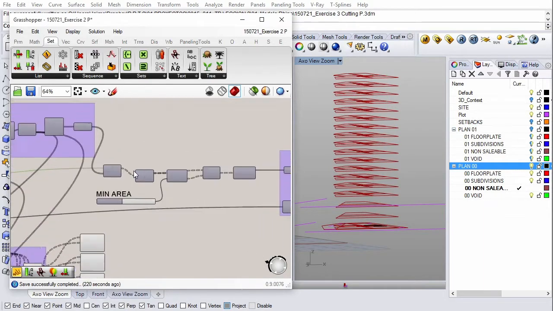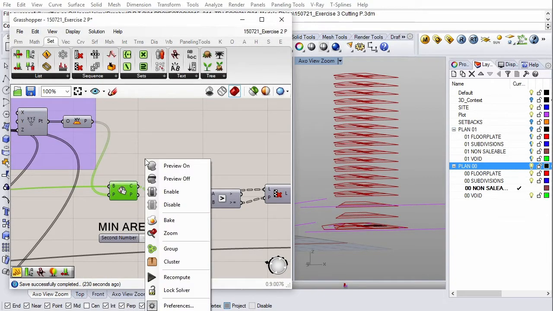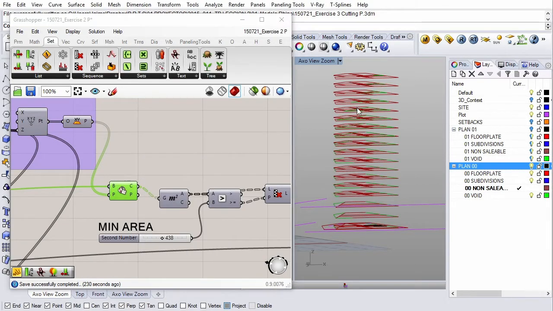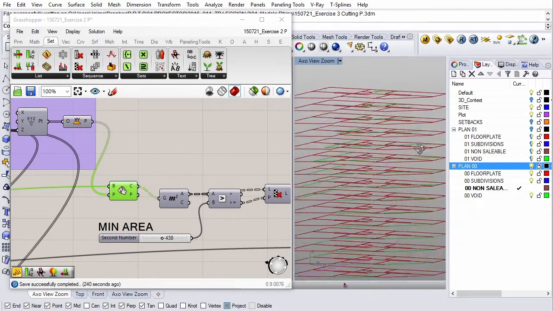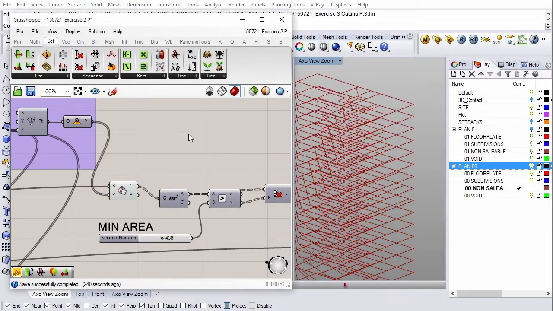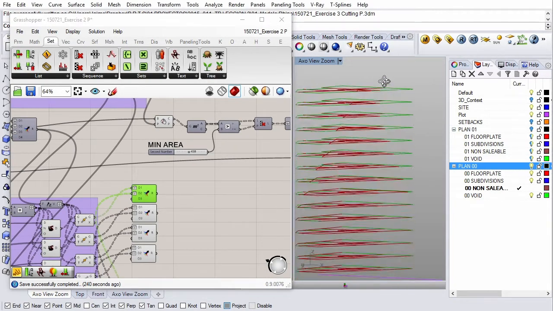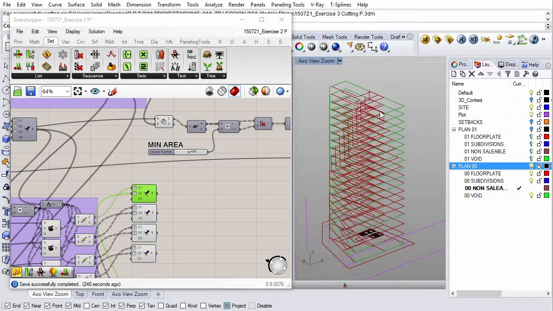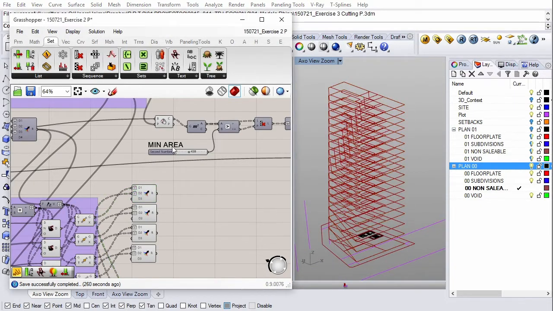So for each level in our first exercise, we'd cut out a curve. So that's this. And we also have all of the floor plates, which would be our target floor plate. We need to find the intersection between these.